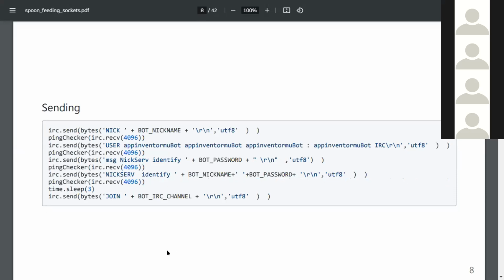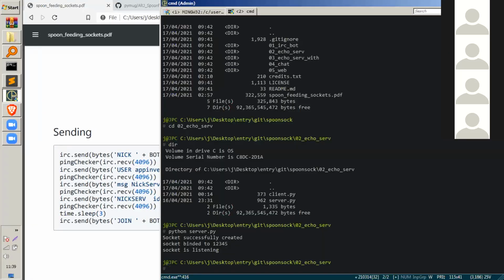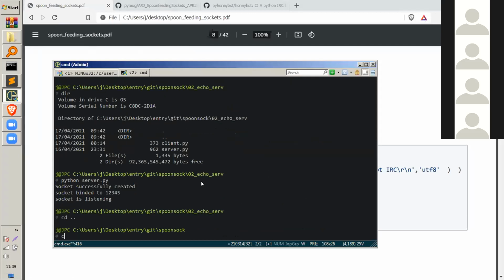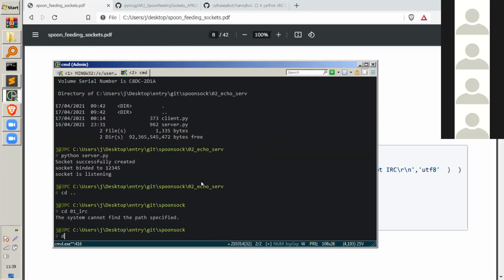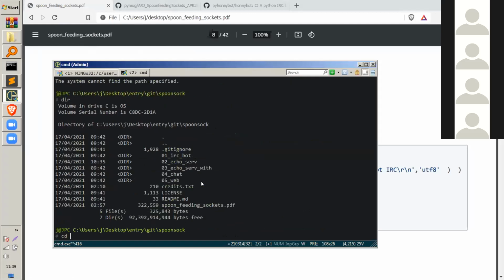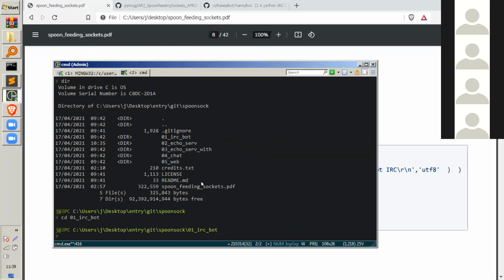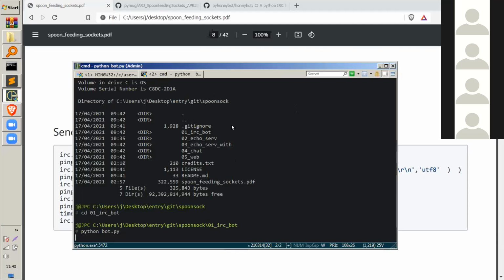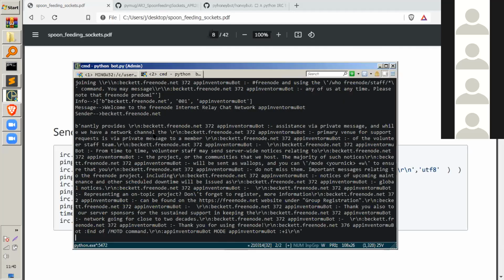Normally, if you run the bot, it would connect, but it's a very simple demo to get started.